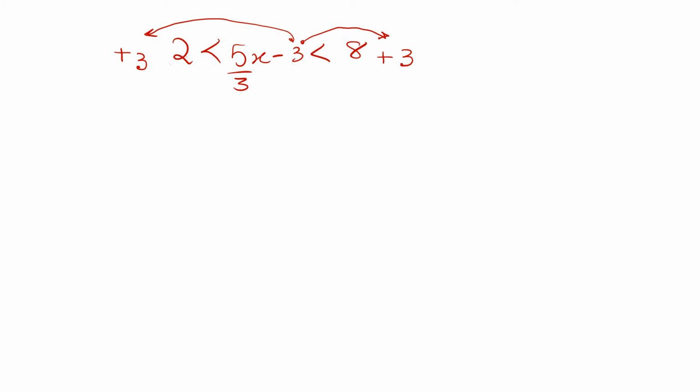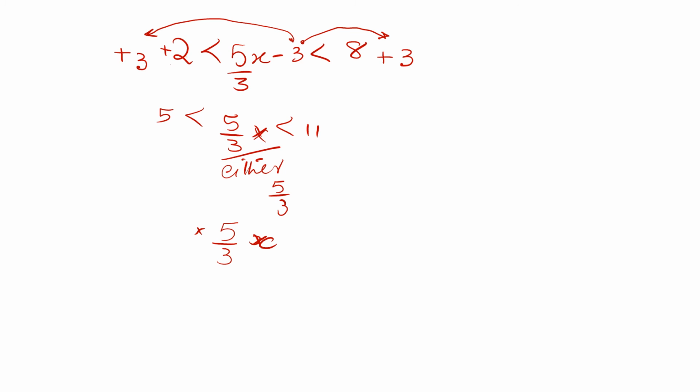Now this is 2, there is no sign, it means always before the sign there is a plus 2. So you will write here now 5 by 3x. Now 3 already has been taken to the other sides. So 8 plus 3, 11, and on this side 3 plus 2 is 5. Now x is being divided by 3 and we have to find out the x. So what we will do, we will divide by 5 over 3, or the simple way is, if you have 5 over 3x, you multiply by the reciprocal of 5 over 3, that means 3 over 5. So that will be easier for you.